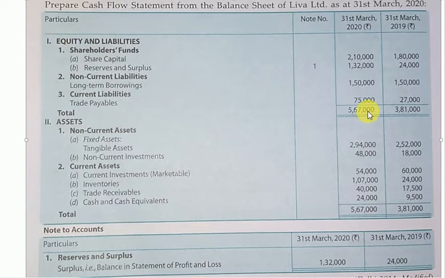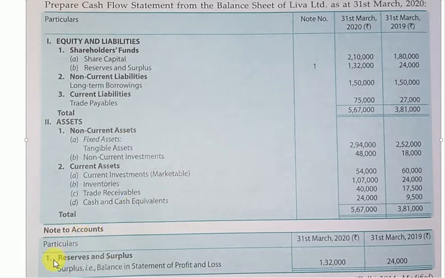Now we are going into Roman 2, which is assets. First is the list of non-current assets. Under this there are subheads, A, fixed assets, and B, non-current investments. Then point number 2, current assets. This has four subheadings: A, current investment; B, inventories; C, trade receivables; D, cash and cash equivalents. Then note number one, which will always be a part of a question, you will have to refer to the notes to accounts,